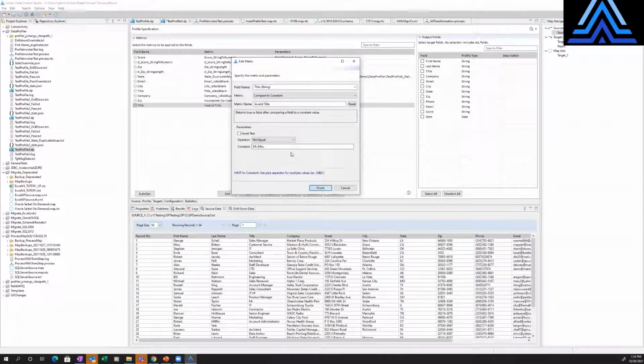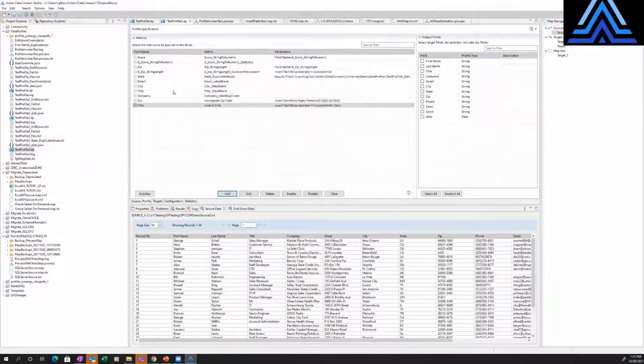Down in the bottom section, I have the parameters. So down here is where I can specify the values that I want to look for. So I happen to already know that there's the value of misses in here as well. But an important thing to note is I can use a pipe delimiter to specify as many values as I like. And then you have the option to specify an operator as well. And I'll take this out. I'll explain what this invert test does in just a second, but we'll go ahead and finish and save,